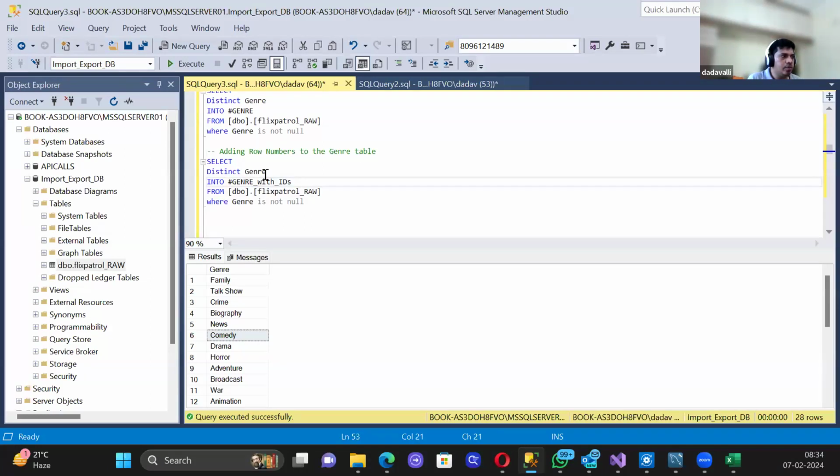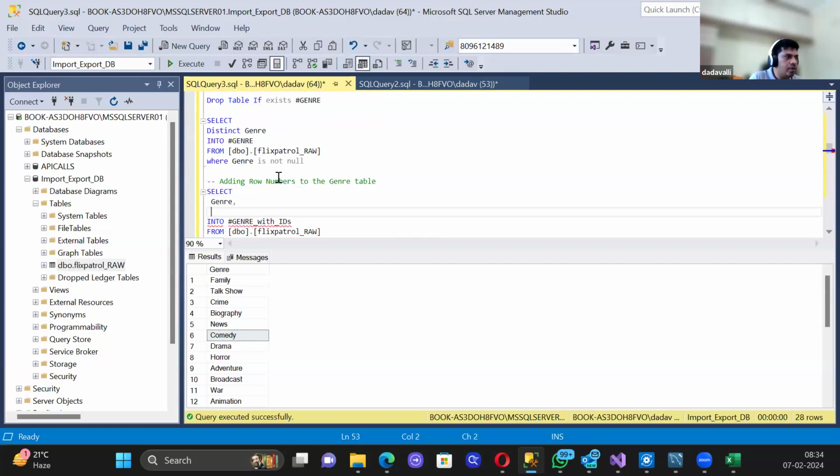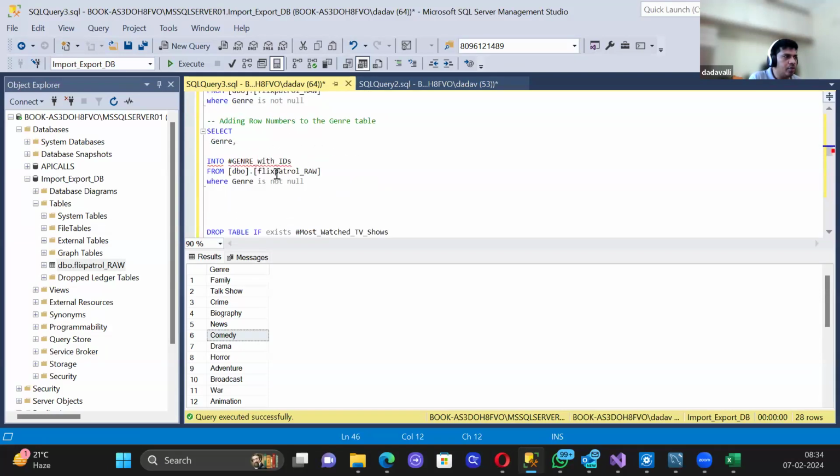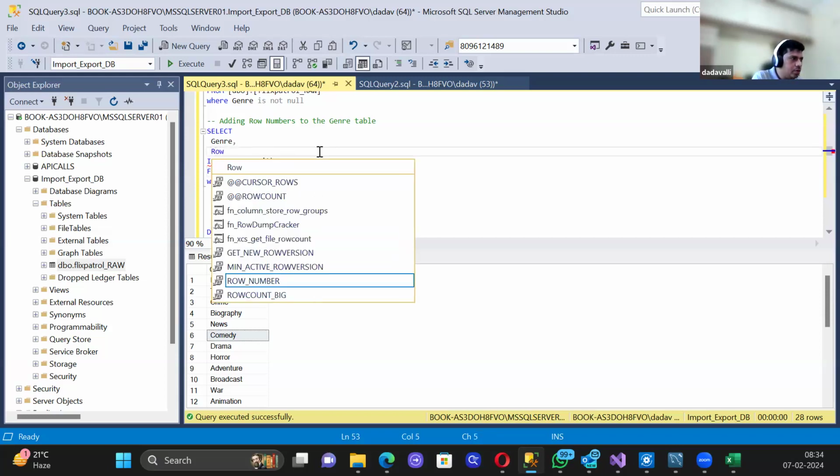Now what I'm going to do is take genre, comma. So not from the raw table, now from the genre table, I want to do that. I want to do it from the genre table. Okay, so here I'm going to write genre, then the row number function